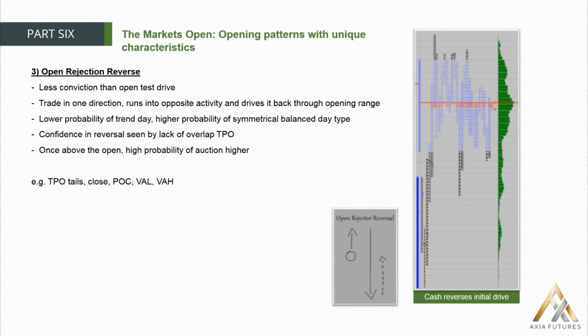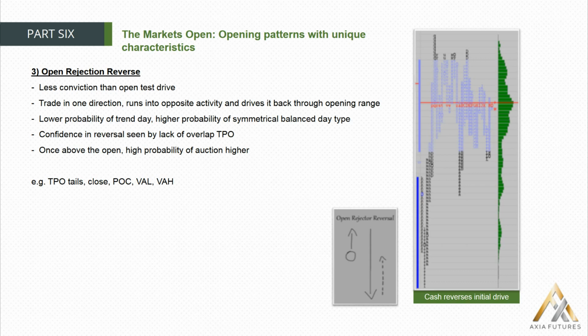However, we do then for the rest of the day begin to balance out, and what we can see here is a traditional P-shaped profile, which is also known as a short covering type day. Note again, confidence in the reversal is seen by a lack of overlap in the TPO. So again, what we mean by that is if you can see the K and the L prints, they move lower, and the M print almost takes out the entire initial range,